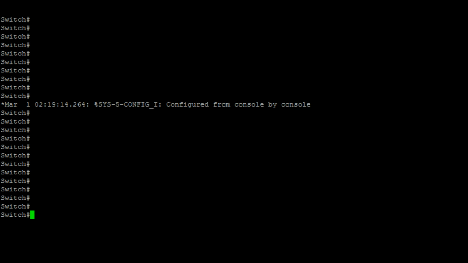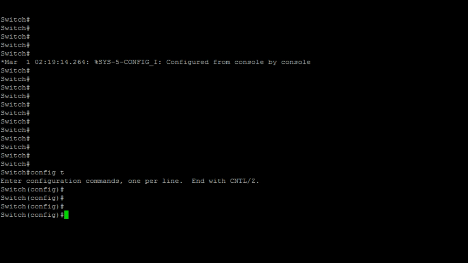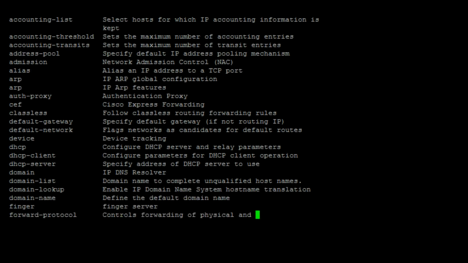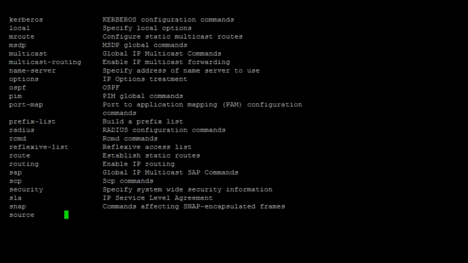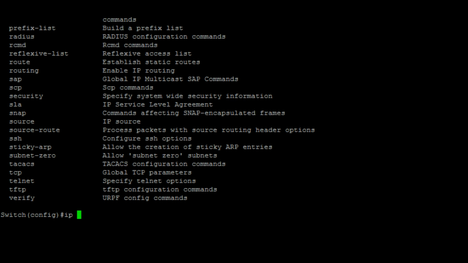So in order to establish connectivity with the TFTP server, we'll configure the switch. We're going to global configuration, and because it's a switch we need to enable IP routing. So if I just do ip and question mark, and we'll go down to routing, we need to enable this IP routing. So we'll do that,